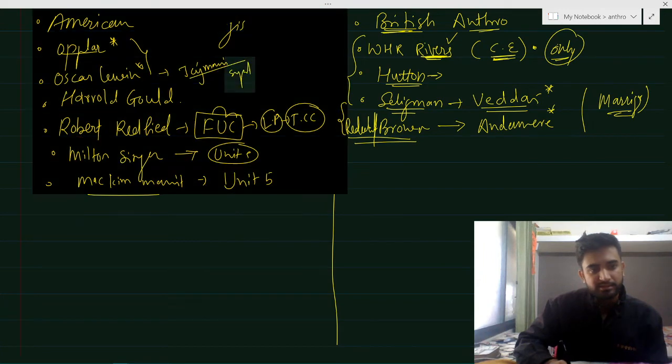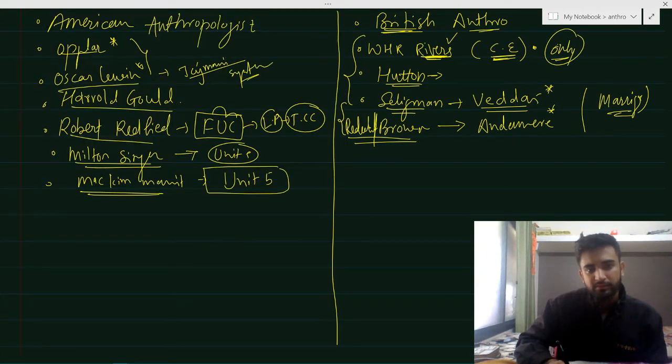Jajmani system. In the Jajmani system, Oscar Lewis went for a study to see whether the institution is exploitative or not. When he came back, he realized that this is some shady thing. That is all about American anthropologists. These people have given certain contributions to Indian anthropology. So whenever the question comes, you're going to write two, three sentences on each one of them, and what is their contribution as far as India is concerned. So that is good. Then there is Oscar Lewis.